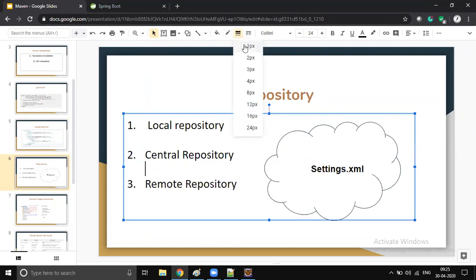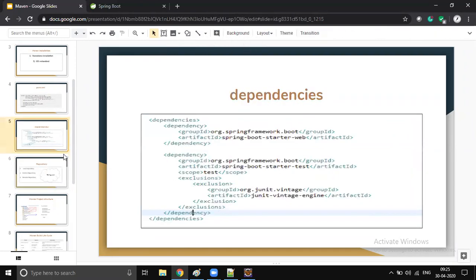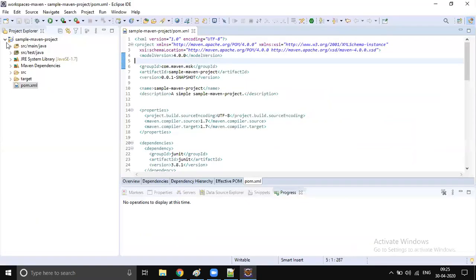Okay. So for example, you are adding some content. I told you that whenever we create a Maven project, a few required libraries will be downloaded, right? So from where are they going to be downloaded? And I told you, if you create it for the first time, it will take a while, and if you create it for the second time, it will be pretty fast. Why is the performance improved when I do it for the second time, and why does it take time for the first time?